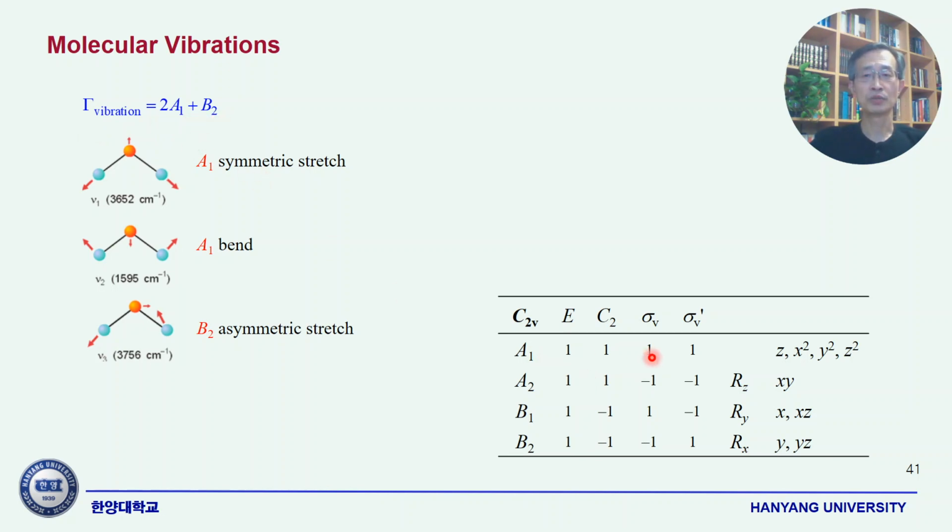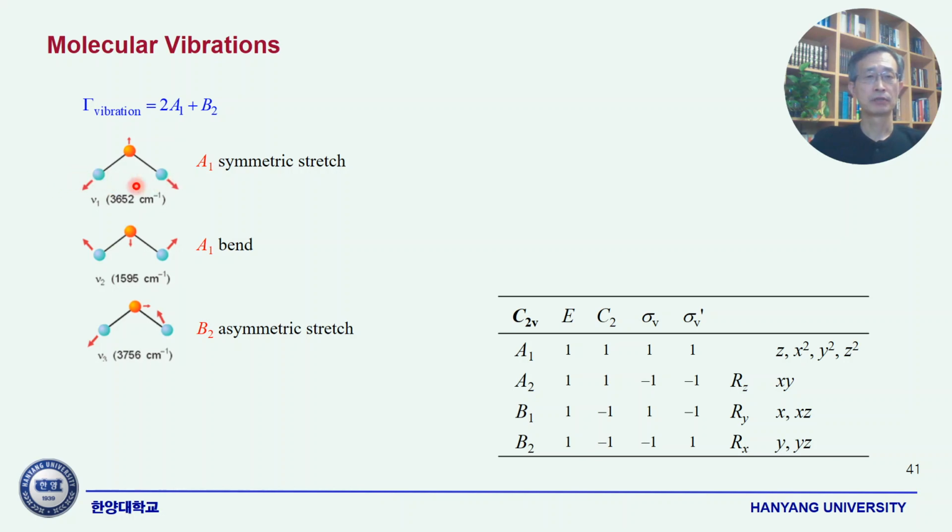So A1 is totally symmetric and B2 is antisymmetric against C2 rotation, antisymmetric against sigma V reflection, and symmetric against sigma V prime reflection. So firstly, A1 is the symmetric one. Totally symmetric means that